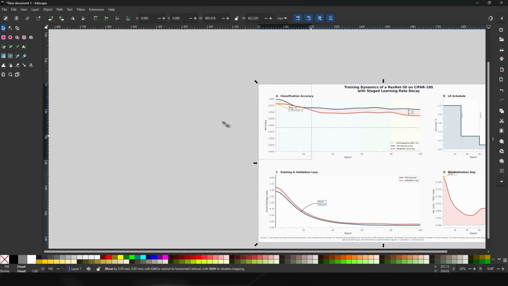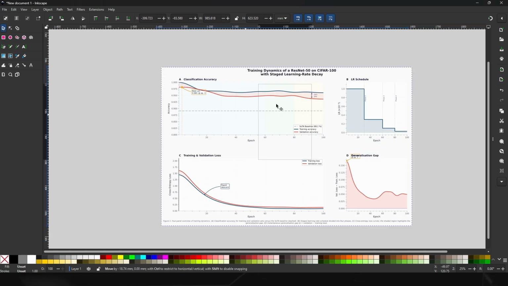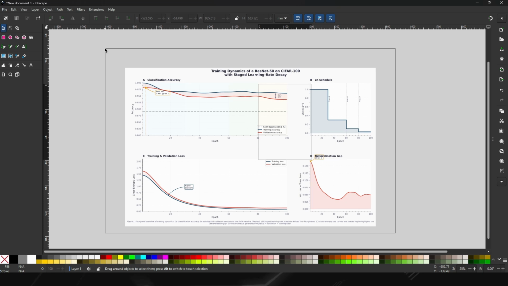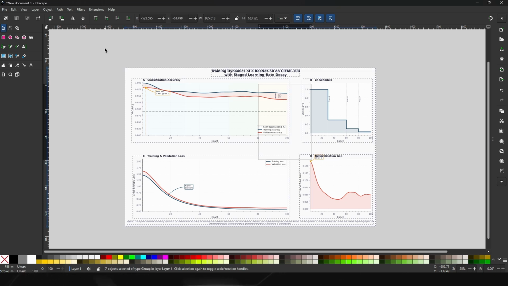Okay, so as you can see, quite a nice figure, a panel figure with subplots. And since it's still SVG, everything inside can be changed. We just need to ungroup everything. And once we've ungrouped everything, what we can do is, for example, there's small